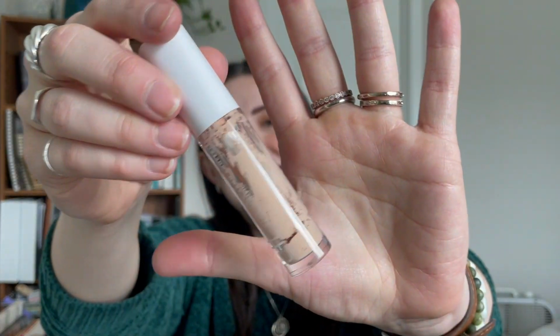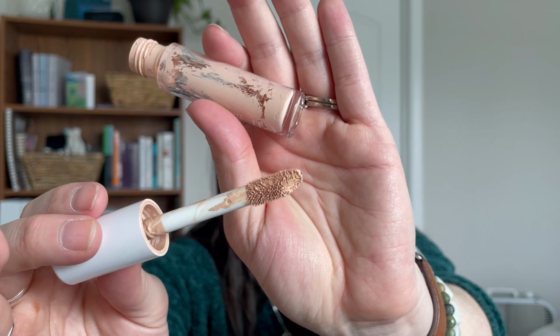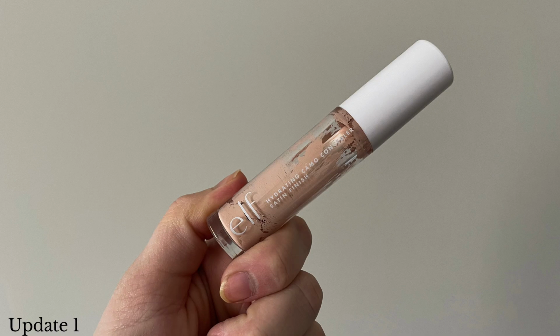My first product is my concealer, and that is my e.l.f. Camo Concealer. This is the hydrating variety, and I have the shade Fair Beige. Now you can see there is a ton of windowing in here. There was already a ton of windowing, but I have officially pulled out the stopper. So this is all that's coming out on the wand, and you can see it's very, very minimal. There's very little left, and I don't really think that this is gonna take me much longer to finish, but